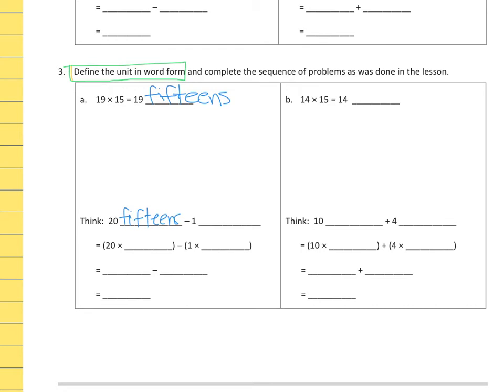And then we'll take away 1 15. So that would be 20 times 15, and that would be take away 1 15. So that'd be 1 times 15. So 2 times 15, that's 30. So 20 times 15 would be 300. And then you're going to take away